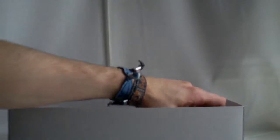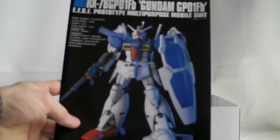Smaller polycaps. And more white for the thruster pods on the back. And another identical runner. And looks like we get a manual. Yep. Always nice when they throw that one in. You don't have to, but it helps. It really does. Yeah, pretty much your standard